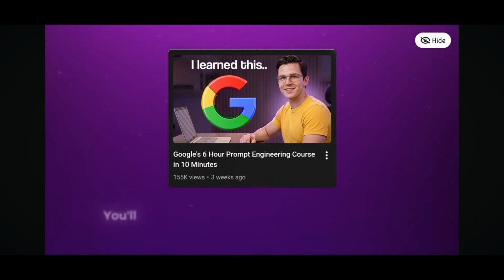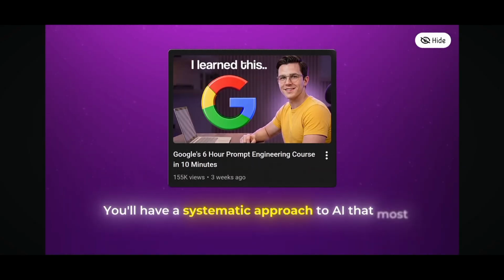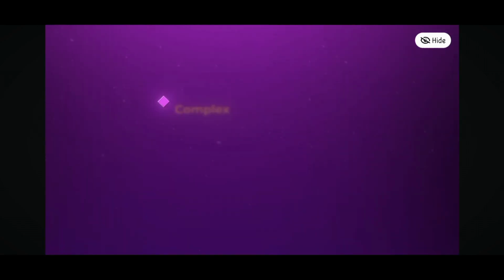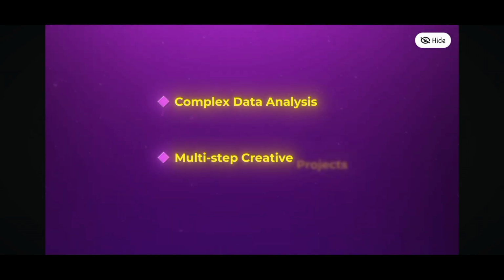By the end of this video, you'll have a systematic approach to AI that most professionals are still figuring out through trial and error. Technology is evolving so rapidly that the specific biases and limitations we see today might be completely different by next year. These advanced techniques can handle everything from complex data analysis to multi-step creative projects that require the AI to maintain context across multiple interactions. And if you want the full experience